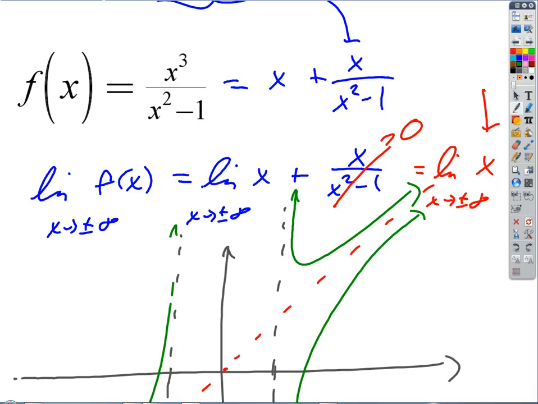I could have gotten something like the limit of f of x equals the limit of 3x plus 5 plus something that's going to disappear, right? And then that would have been slightly different. Then the equation of the slant asymptote would have just been y equals 3x plus 5 instead of y equals x. Okay? And from there, we would just do the problem the very same way that we always do. Now we would just take derivatives, set them equal to 0.